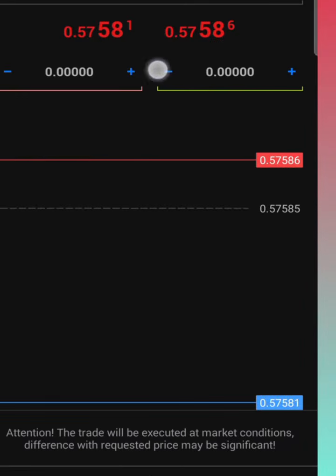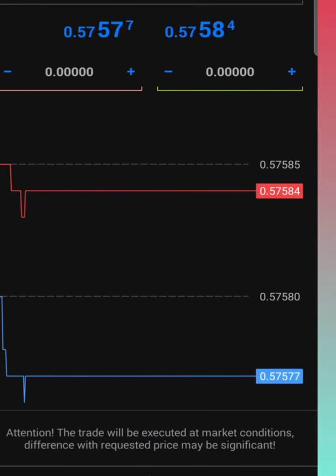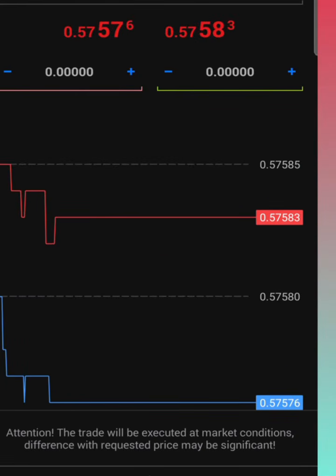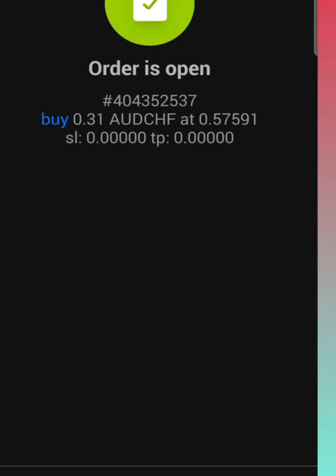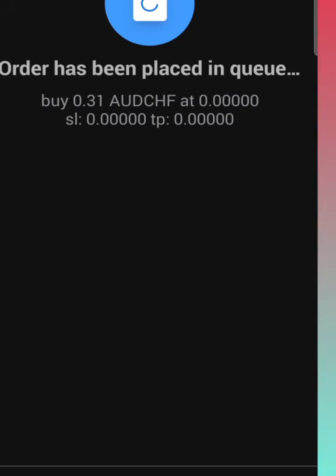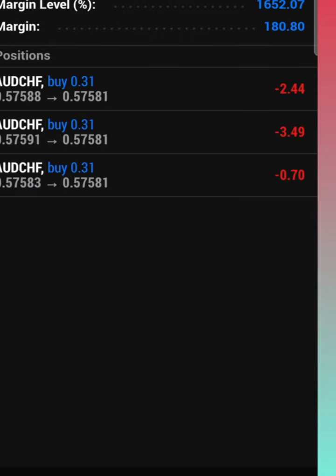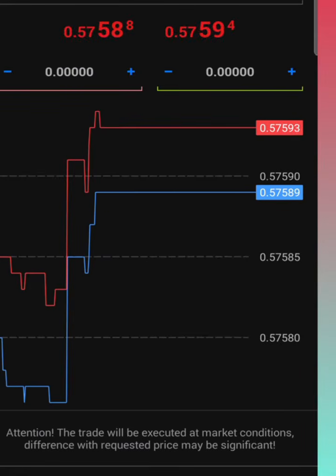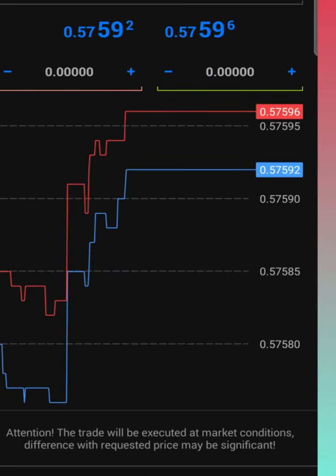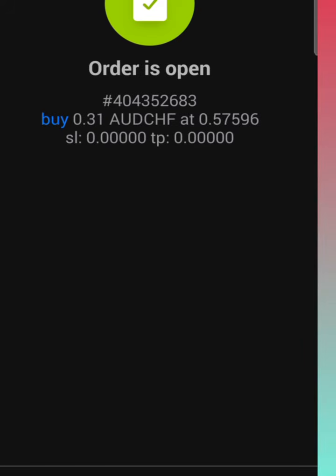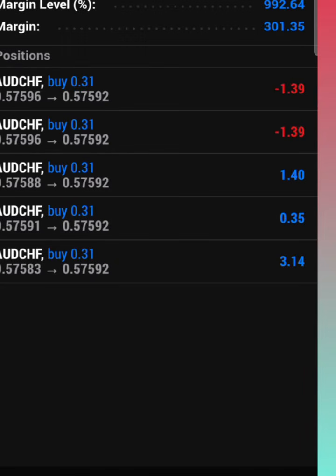Remember guys, I'm giving these strategies for those who don't know how to use price action, so that the strategy can help them to make money, so that they can start making money using the strategy. Because remember guys, when you still don't understand how to use the chart, it's very difficult for you to find the entry. So this strategy right here helps beginners and others who don't have experience in the